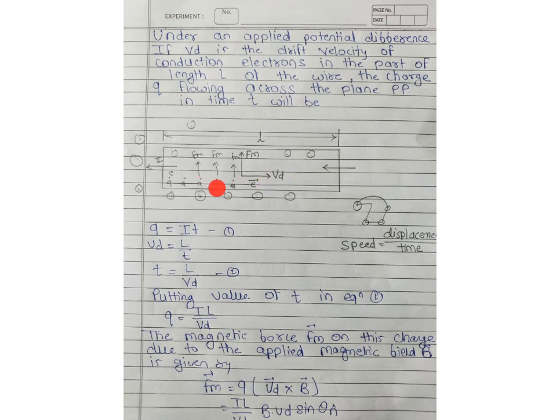When the charge is moving, and if we consider this magnetic field with this current carrying wire, it experiences a magnetic force. We know that this magnetic field is out of the plane of the paper. The dot field is out of the plane of the paper. By using the right hand palm rule, this shows the magnetic force direction.